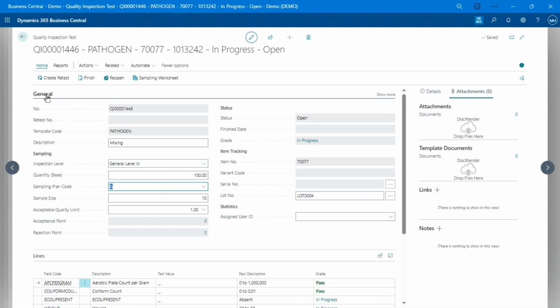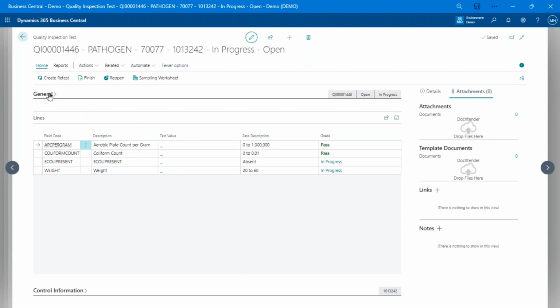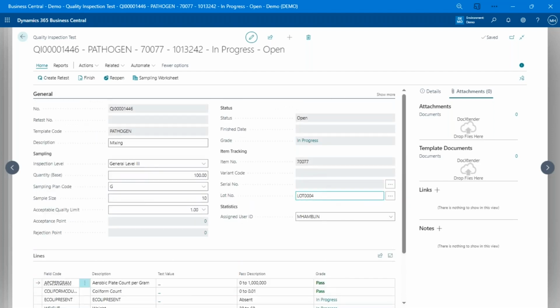Okay. Now, one other quick thing down here, it will come in and it shows us exactly all the control information for the production order that we're working with. So here's all the details. This test, we know exactly what it's linked to, whether it's a purchase order, production order, whatever. We've got that control information to tie this test directly to that specific document, activity, whatever you like, and also to that specific lot number that we're doing the test for, or serial number and everything else.